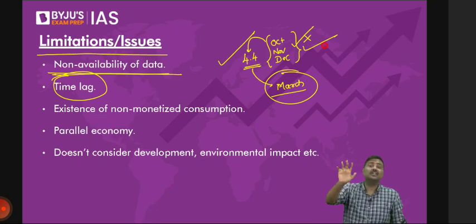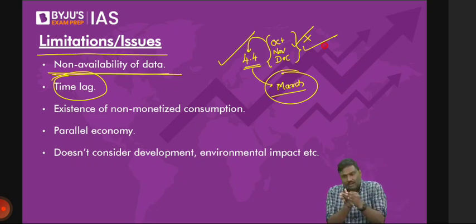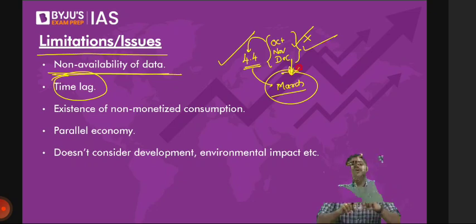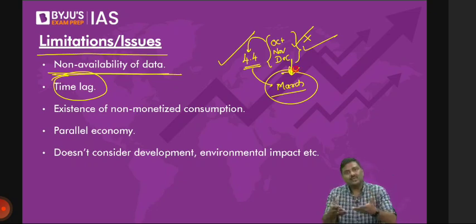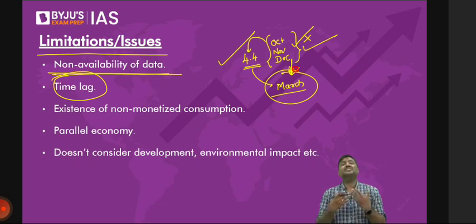But the problem is that we're taking a lot of time to give the result. This gap is longer. It's 3 months like this. So what would be the benefit if the gap is reduced? I can react much sooner. Is it okay? I can react much sooner. I can implement many more, better reforms at the same point of time.